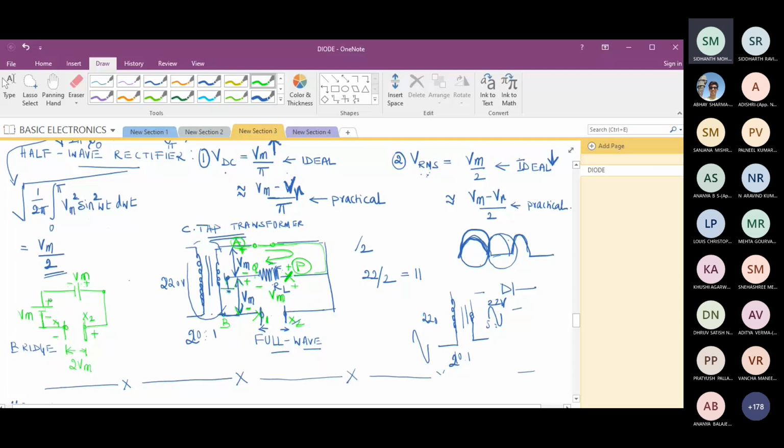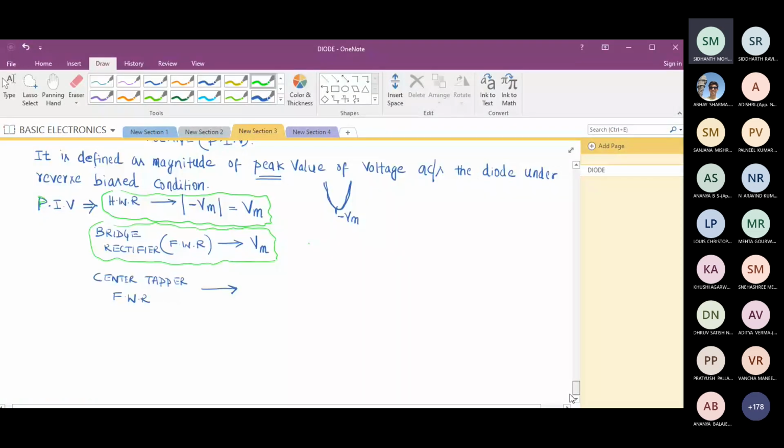So in case of a center tap full wave rectifier, what happens is the voltage across the secondary is equal to the voltage drop across the load plus the voltage drop across half of the secondary winding, not the full, half of the secondary winding. Because we understand it looks something like two batteries connected in series. Are you getting this concept? Yes, sir. So you must be really careful when you analyze a center tap rectifier. So I can write here, in case of center tap full wave rectifier, it is 2 times Vm.